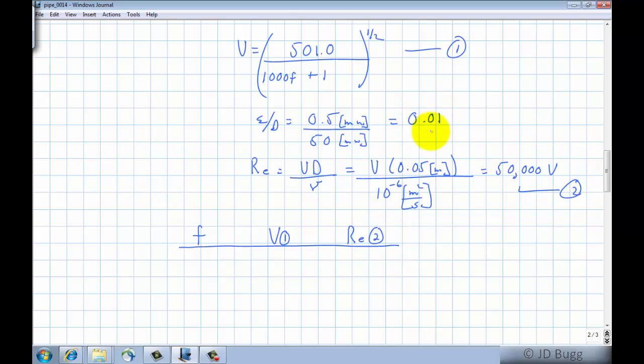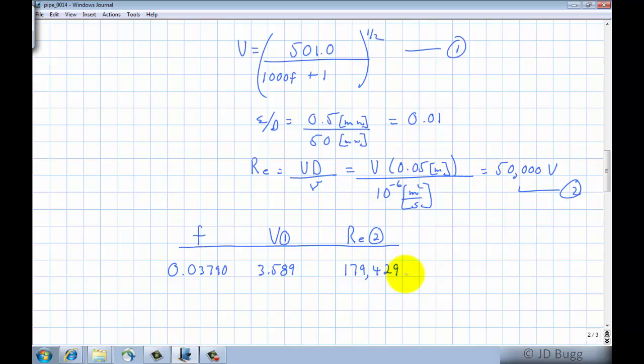Because this is a rough pipe, the most effective guess for this friction factor is the so-called fully rough value. You can just put an extremely large number like 10 to the 99 into the Colebrook equation. And if you do that, you'll get an F value of 0.03790. Using equation 1 with that F, you'll get a velocity of 3.589. And using that velocity in equation 2, just multiplying it by 50,000, you get a Reynolds number of